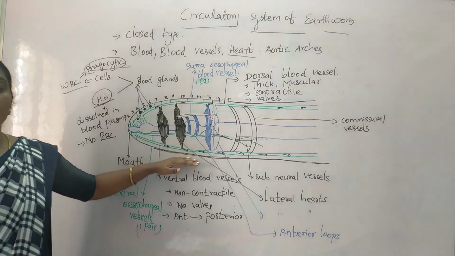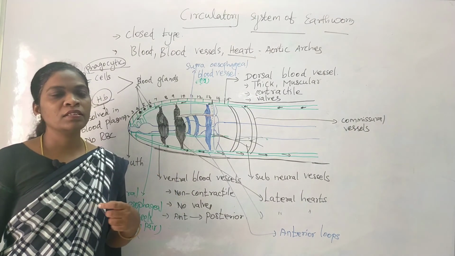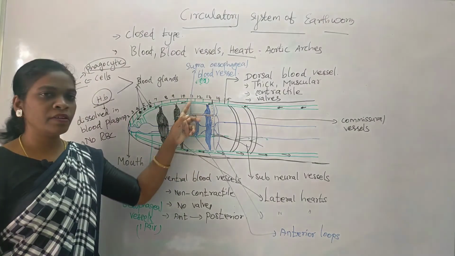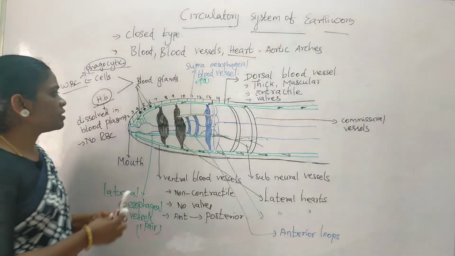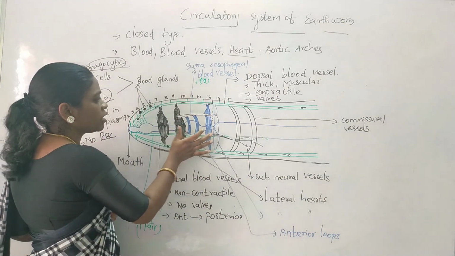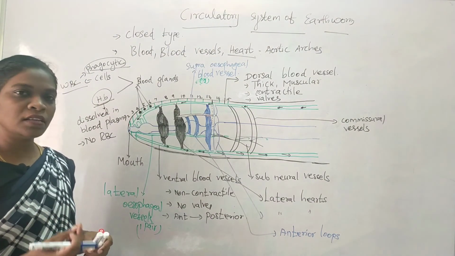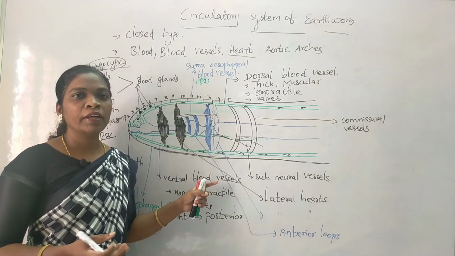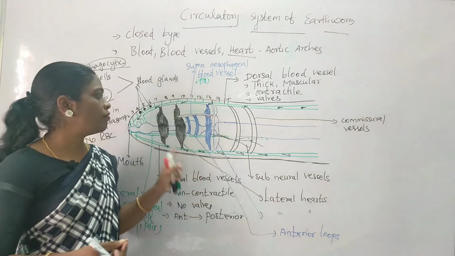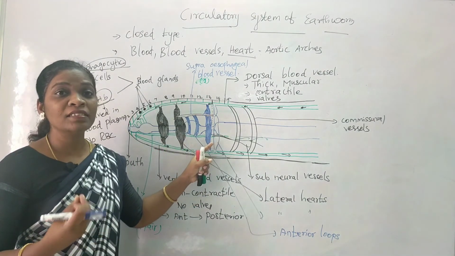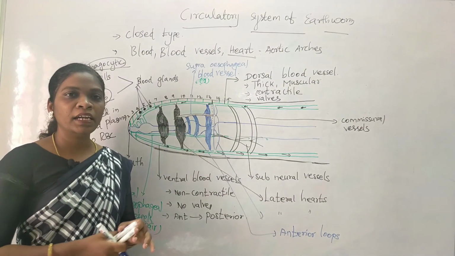The circulatory system of the earthworm is a closed type of circulatory system, where the blood runs inside the blood vessels. It has major blood vessels known as the dorsal blood vessel and ventral blood vessel, and they are connected by a number of structures. These wider structures and these structures together are known as the lateral arches of the organism. They are also known as aortic arches. As I have told you already, the earthworm doesn't have a very complex structure. They don't have a complex structured heart. Instead, they have valves that do the function of the heart in this case. So these structures are known as aortic arches or lateral hearts.